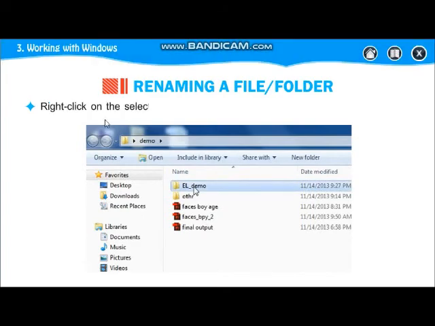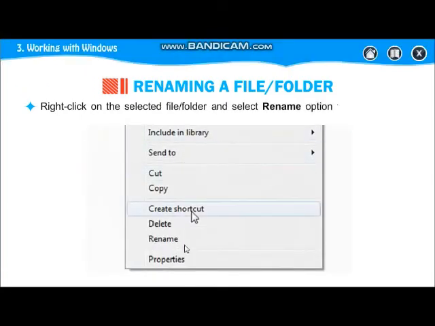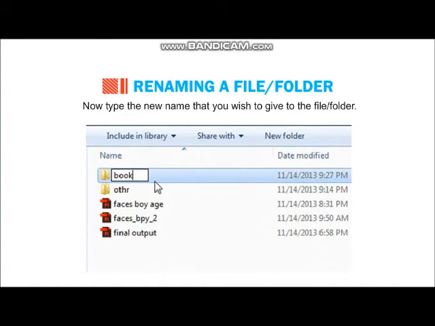See, right click on the selected file or a folder, then click on rename. Here you can delete also, you can rename also. So we are going to click on rename. Then give new name.